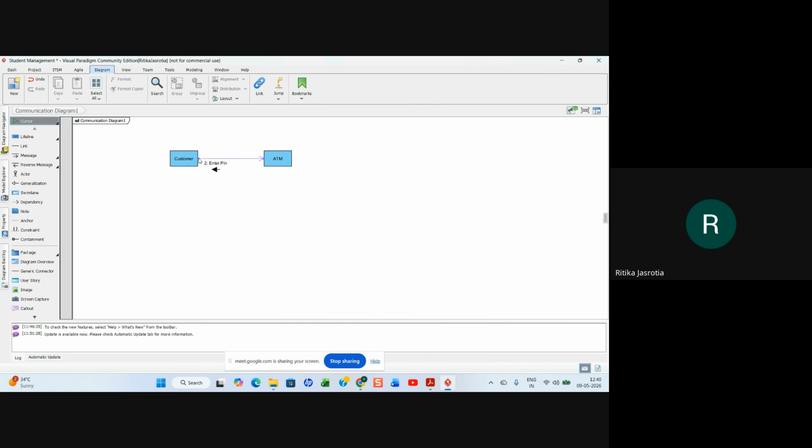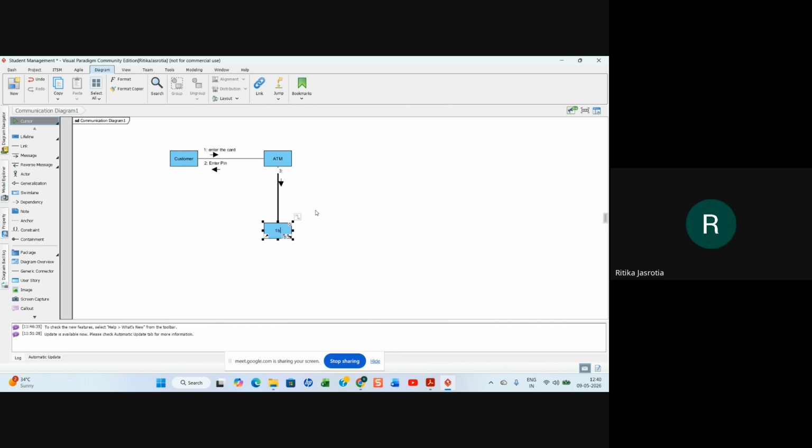I have deleted the first one. Okay. So from the ATM, another message goes to another lifeline. That is a bank, right?